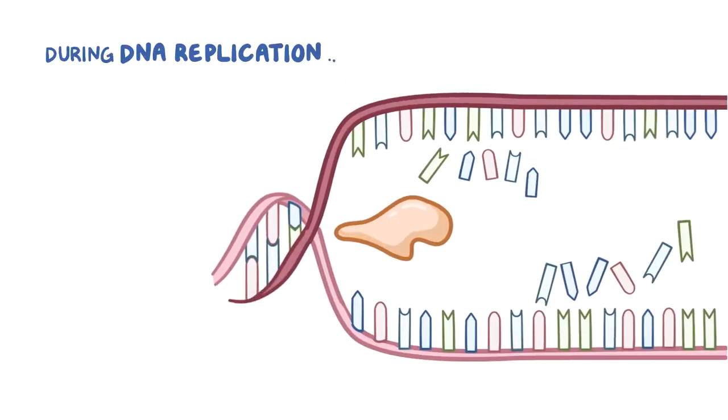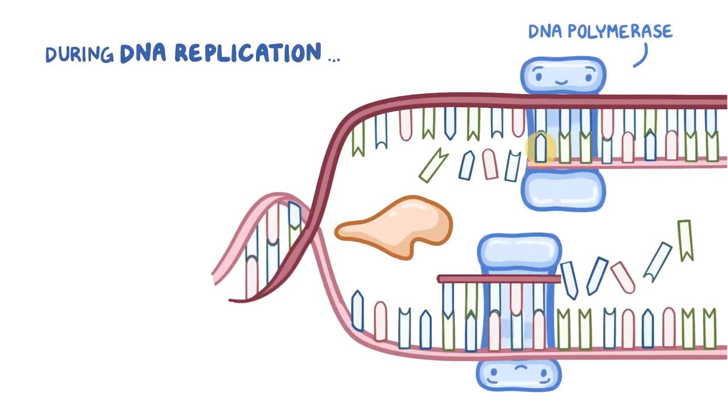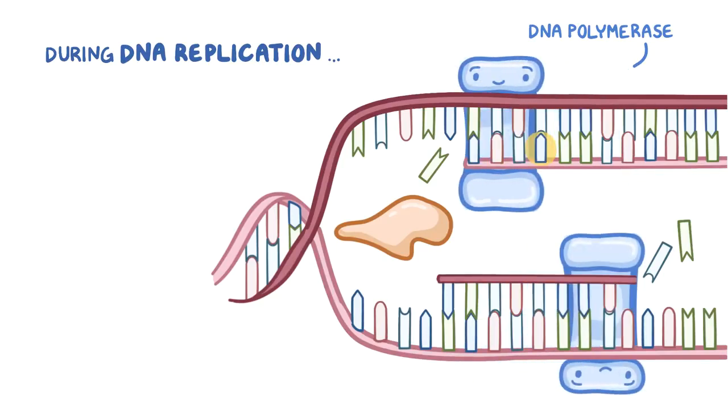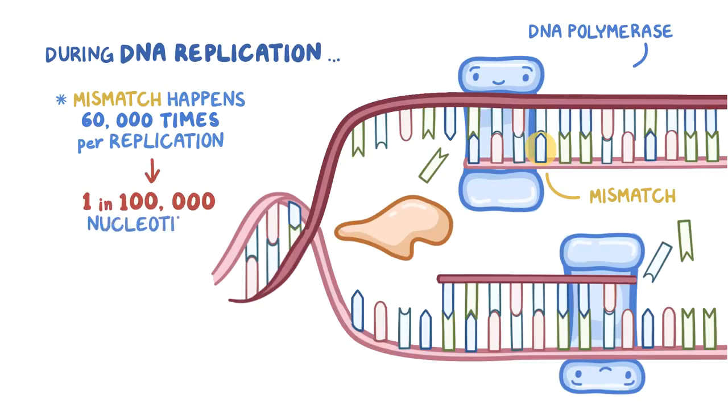During replication, DNA polymerase can sometimes put in the wrong nucleotide, like pairing adenine up with a cysteine instead of a thymine. This is called a mismatch, and it happens about 60,000 times per replication, so 1 out of every 100,000 nucleotides. Now, the first way to fix a mismatch is right after it happens, because DNA polymerase is quite